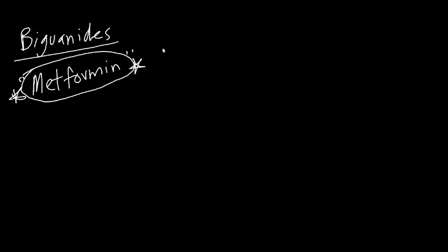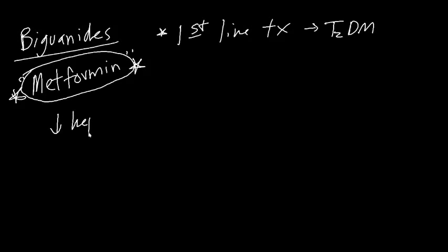So the mechanism of action is actually a little unclear. What we do know is that we're going to use this as a first-line treatment for diabetes. It's going to be an oral medicine, one of your first-line treatments, specifically for type 2 diabetic patients. Now, even though we don't know the exact mechanism of action, we do know that you're going to decrease hepatic